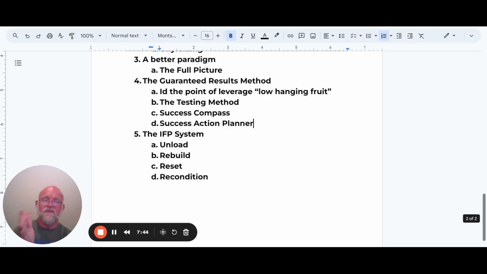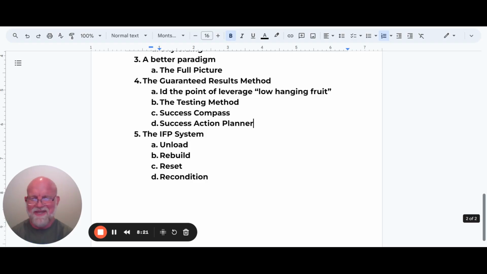The reset. So this isn't for everybody. This part, honestly, some people are done with the unload. They're like, I'm good. Many people are done once we get the rebuild established. A good number of people want to go further, though. They want to take their body. They're like, I like this system. I like what it's doing for me. I want to keep going. So then we work on the reset. And that's, in a sense, the local area, say your neck hurts. So we do the unload and rebuild for your neck. But now you're like, I want to tie this whole thing together head to toe, because I got bigger things I want to do with my body. Your reset is how we tie things together.